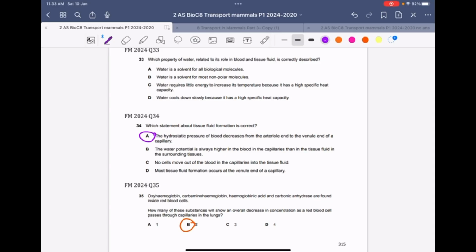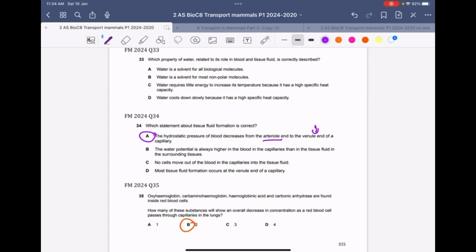Because the arterial end has the highest hydrostatic pressure as compared to the venule end. The venule end has a lower hydrostatic pressure. Why B is incorrect is that the water pressure is always higher in the blood in the capillary than the tissue fluid in the surrounding tissue. This is incorrect, because sometimes the tissue fluid